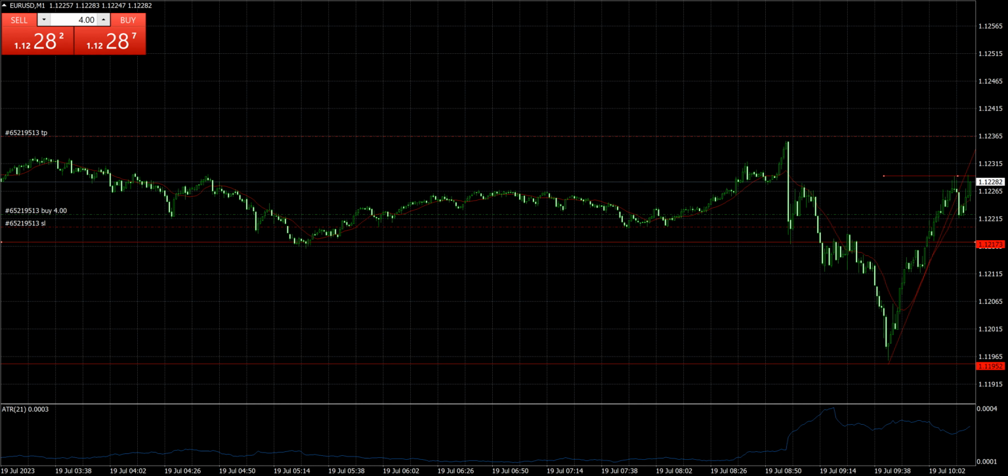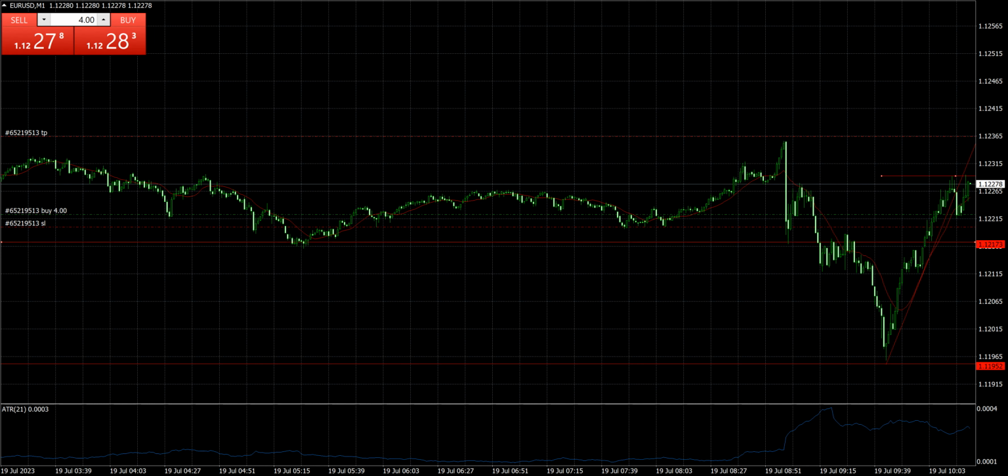I trade Euro USD because it's the most liquid currency pair. Everything else you can do, but the spreads and everything. Look at the spread on this. It's 1.12282. It's like not even one pip spread. So I like it. It's very, very good spreads. Look at something like GBP or something, it's going to be not that great, which means that my stop has to be moved. Now we're revisiting that.